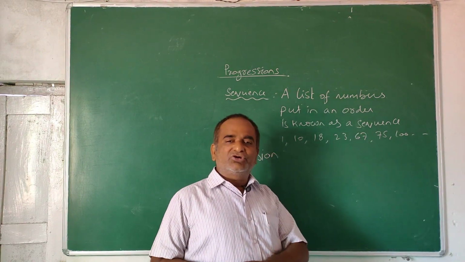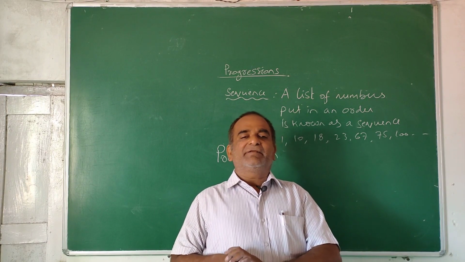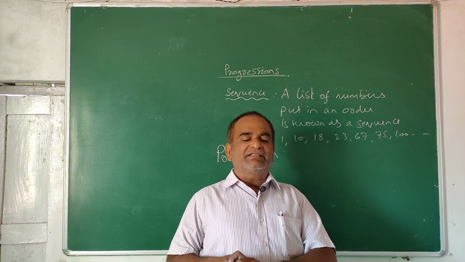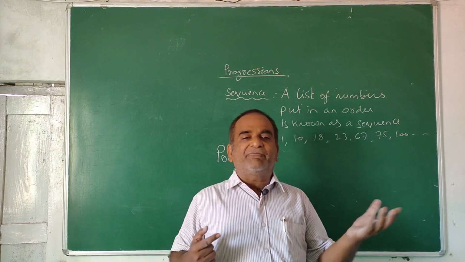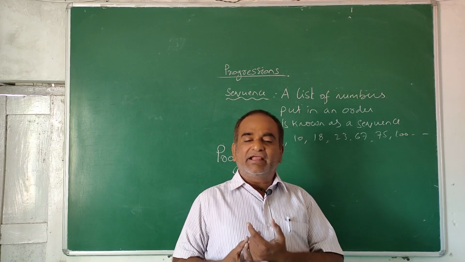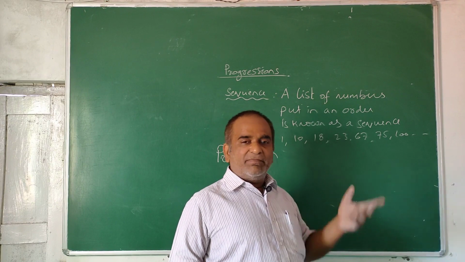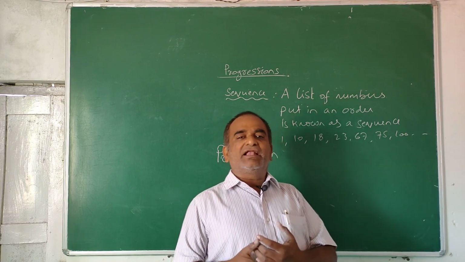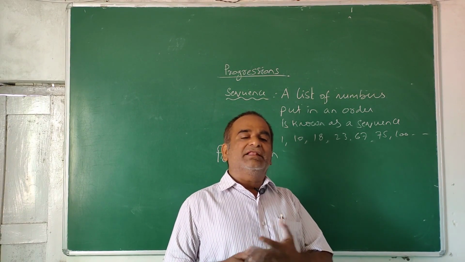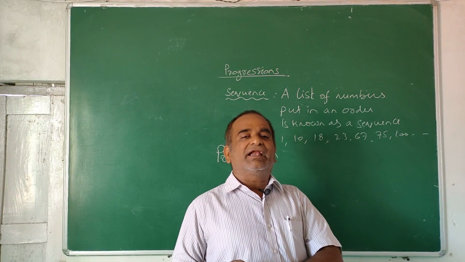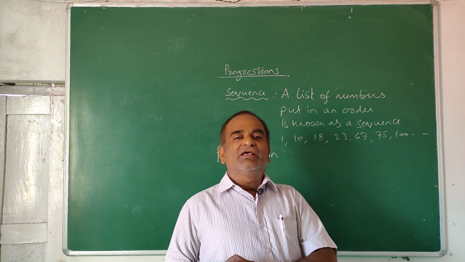I think you understood the subtle difference between sequence and progression. Sequence is just the list of numbers kept in an order. No rule, okay, it has to obey. But in progression, the sequence of numbers in which each term is generated by a specific rule is known as